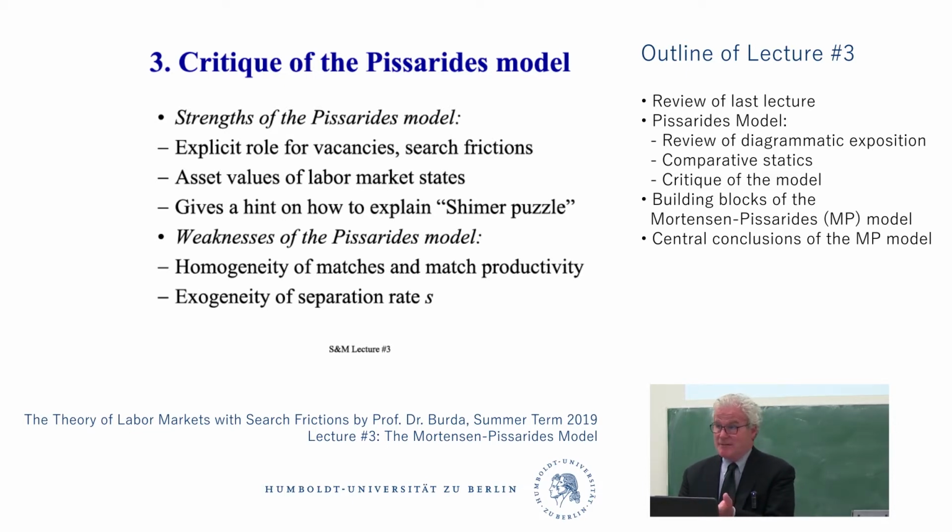We've got a representative agent here, a representative firm, a representative unemployed person, a representative employed person. And this is a first attempt to make something heterogeneous in this framework, right? So what do we make heterogeneous? Lots of things you can make heterogeneous. You can make match productivity heterogeneous. So that's what Pissarides and Mortensen did together in the next level.